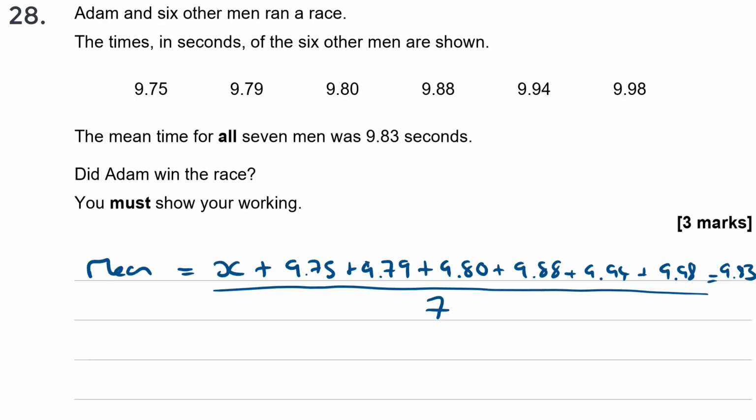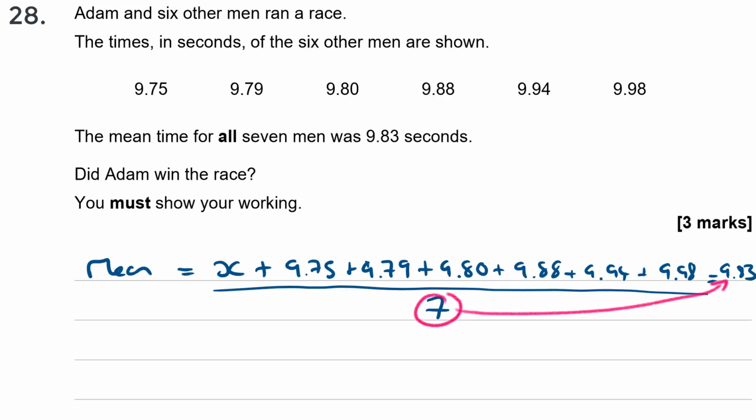Okay, I think it's time to reach for a calculator. I'm going to cross multiply that up there, so getting rid of the 7 on the bottom, 7 times 9.83,